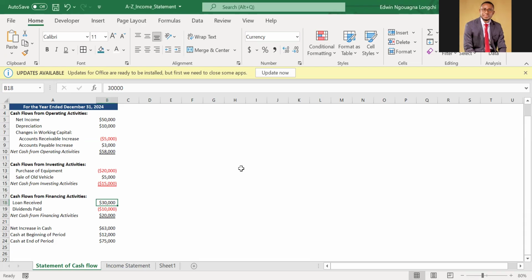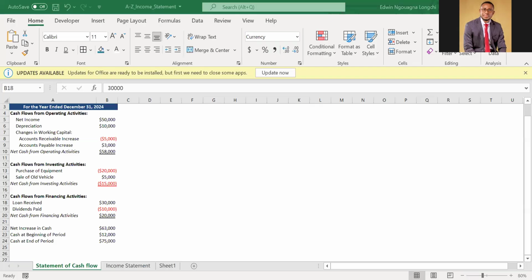Okay, so I had some network hitches. What I was explaining is that you can take a loan to invest in your business. That's fine, but it is not from a positive sense. So it's a financing activity. When you purchase a piece of equipment, it's from the positive sense. The money is from your company that you use to buy the piece of equipment. You sell a vehicle, it's from a positive sense. But when you take a loan,